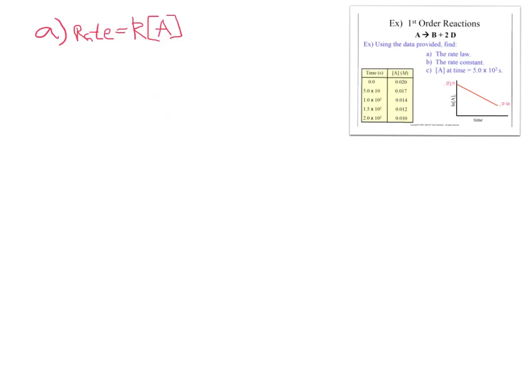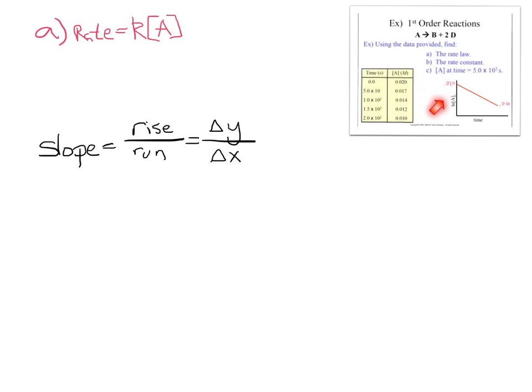So a slope is just rise over run. We know that from like 6th grade science. And what rise over run really is, is change in y, so the final y minus the initial y, divided by the change in x, so the final x minus the initial x. And if we do that in terms of our graph over there, we can't use the data straight from the chart, because this data right here is just the concentration and we need the natural log concentrations. So when we do our rise, we need to make sure that we take the natural log of these concentrations